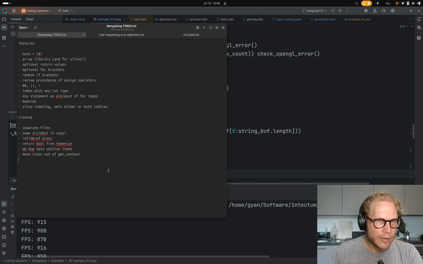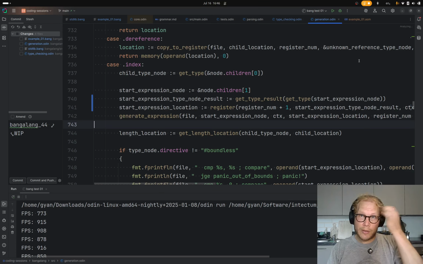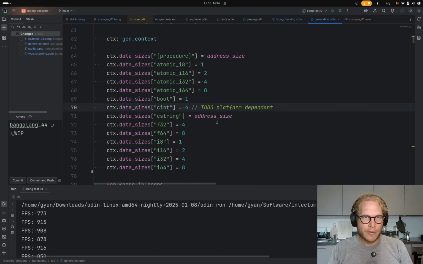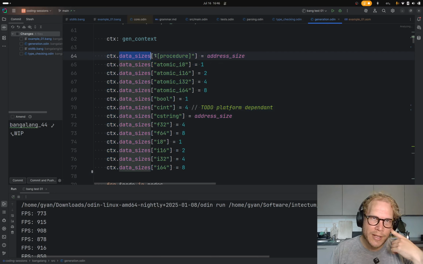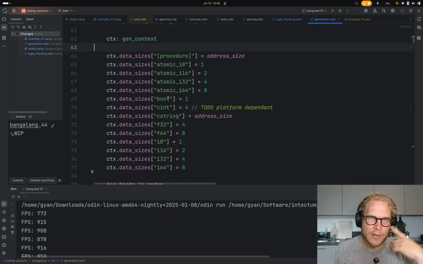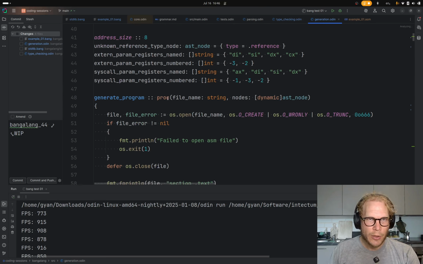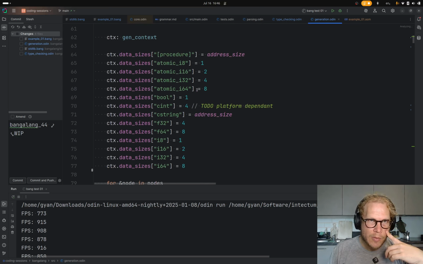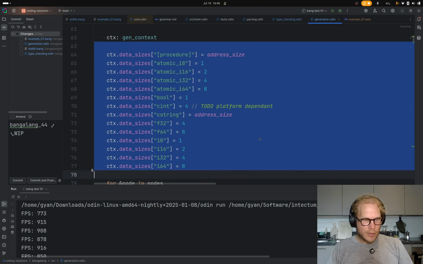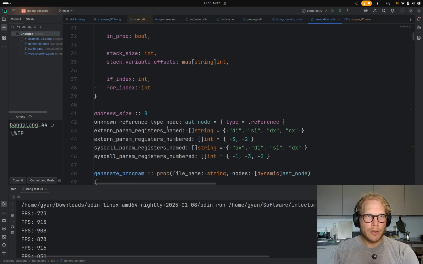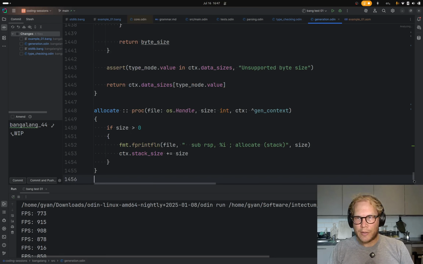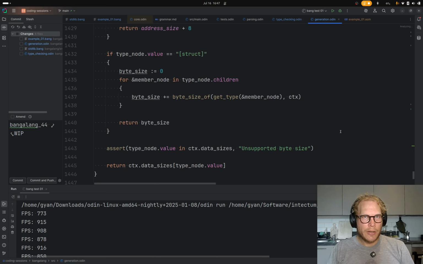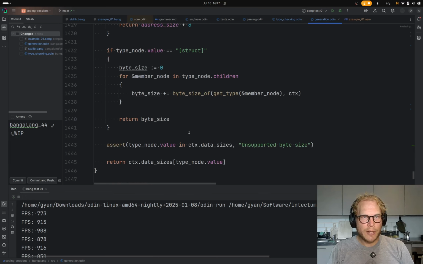Move sizes out of gen context, because it's something a bit annoying, and I noticed it before because we touched on it. This data sizes map is in the context just because in Odin it's difficult to put a map up here. But I think we can cut this out of the context. And then down here, in byte size of,